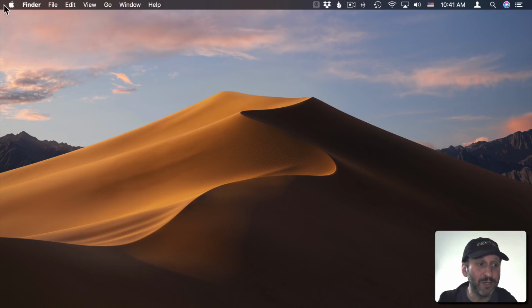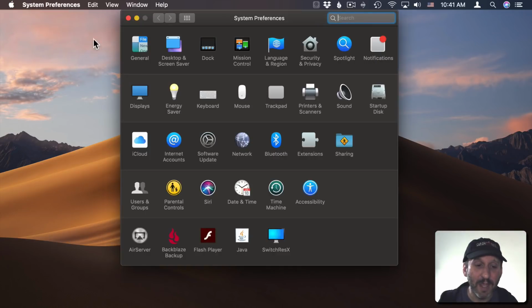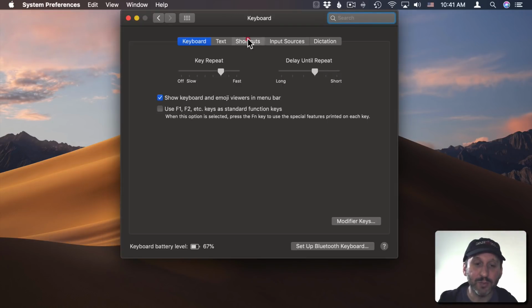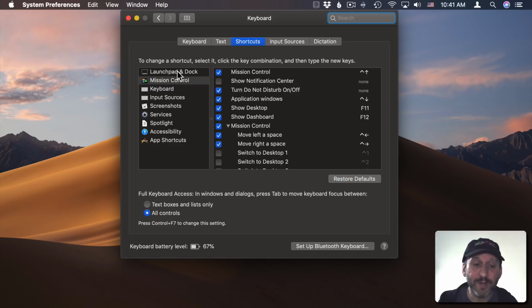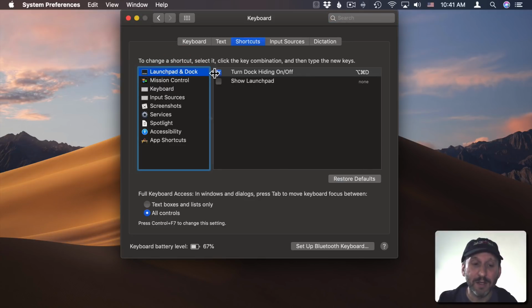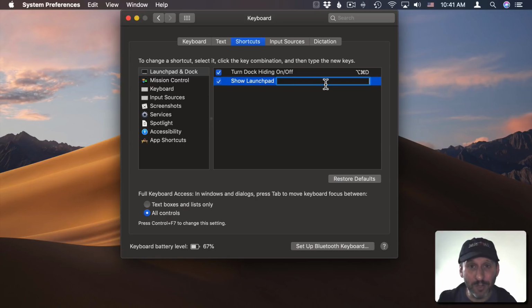So this is pretty easy to do. Just go to System Preferences and then Keyboard and then Shortcuts. Look on the left and the very first item here is Launchpad and Dock. Click that and you see Show Launchpad actually has an unassigned entry here. You have to check it to turn it on and then you need to assign a shortcut. One of the things I like to use is Shift Command Space. Instead of Command Space to bring up Spotlight, you just add the Shift key to it and it brings up Launchpad. You could also, instead of that, use Option Space and that seems to work with the Option key right